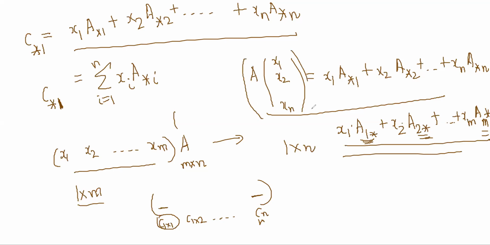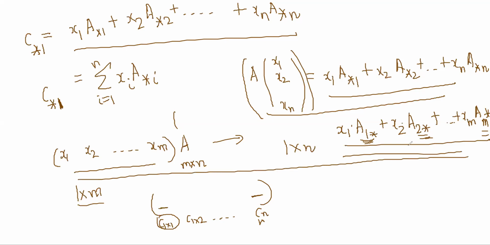The way you wrote this like this, similarly you can write this like this, right? So whether you multiply by a column vector or by a row vector, you still get a similar type of result. Now the reason we are doing it is because we want to be able to write the entire matrix multiplication in this way.